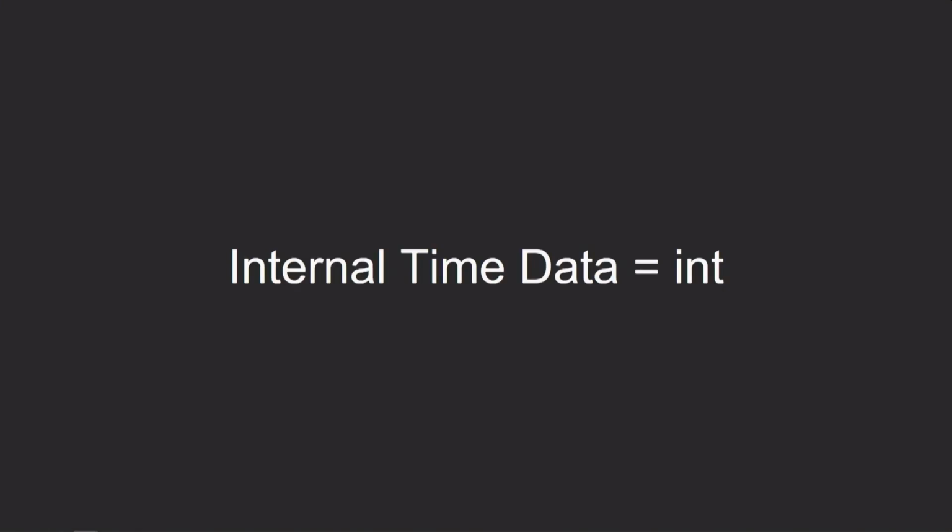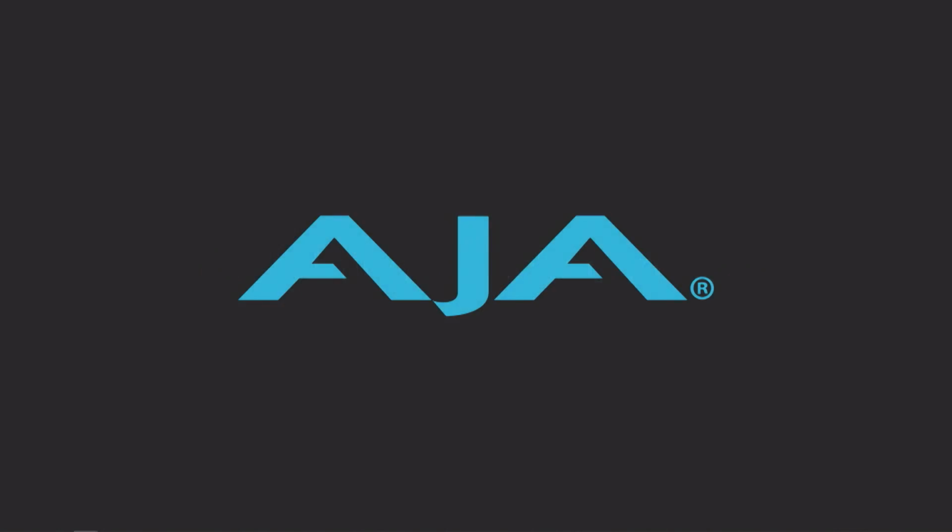Internally, time data is now stored as an integer, right? This allows it to be precisely locked in at 24 FPS, and so everything is locked in now. It's really important actually to enable a whole bunch of other features that relate to synchronizing all the different stuff that's coming into UE4. And once that was in there, it let us do some other cool stuff, like our integration with AJA,